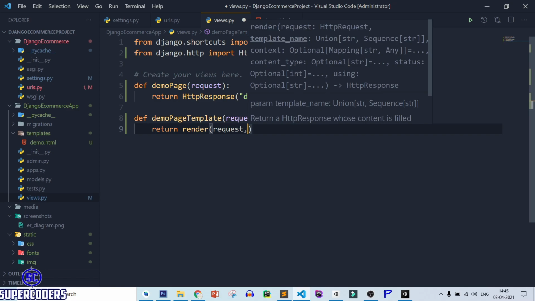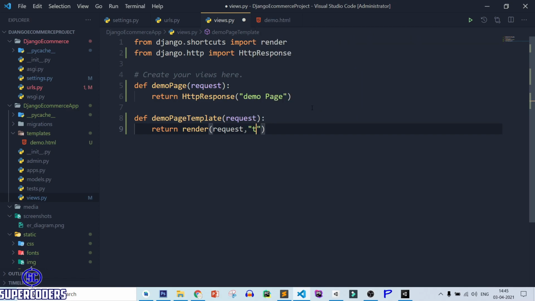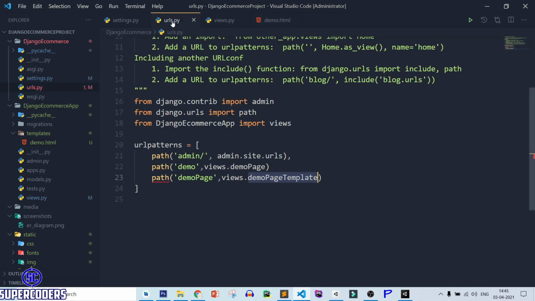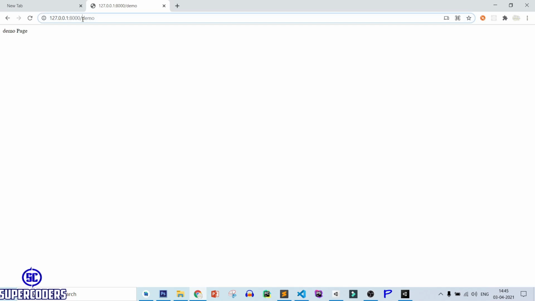Then second parameter we need to pass our template, so templates, or simply demo.html, which is our template file. Save this page and let's simply return h1 hello. Save it, come to this page, add comma, save it, open this page, let's check, and you can see it is showing a simple template page with hello message.